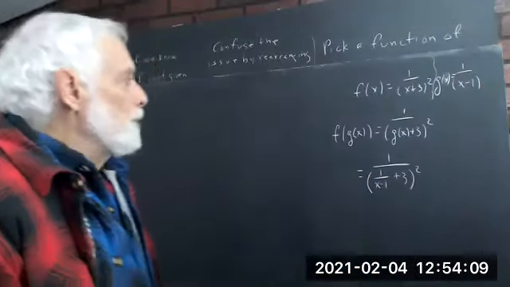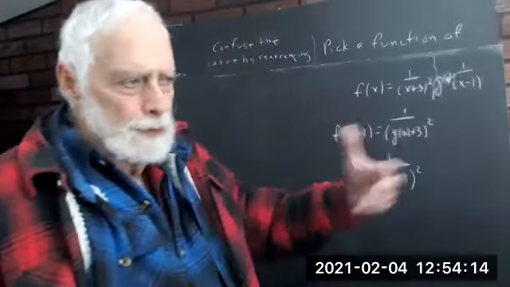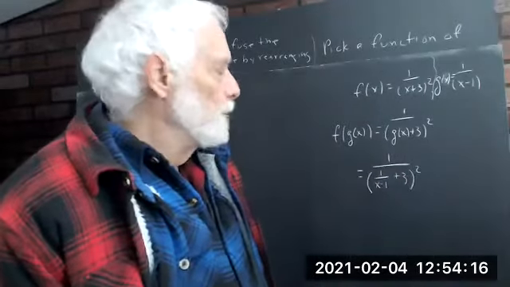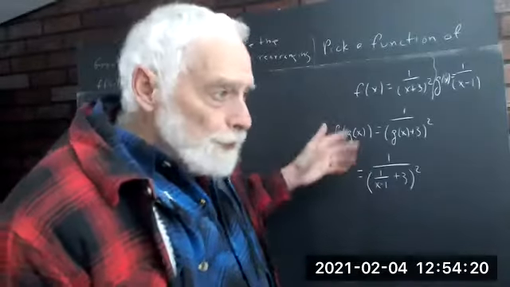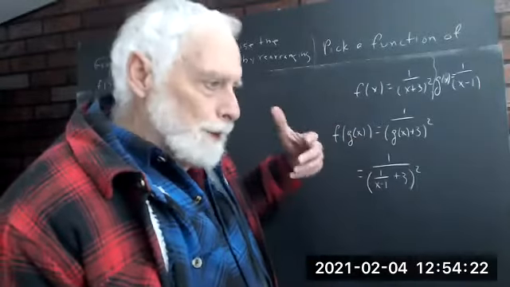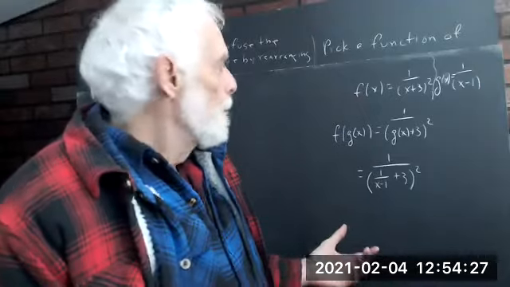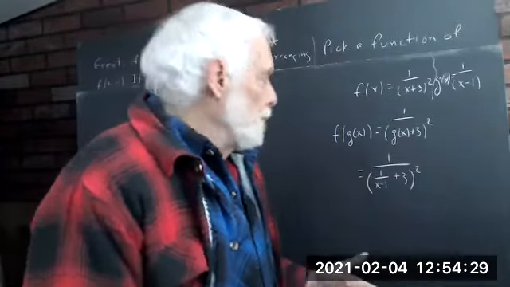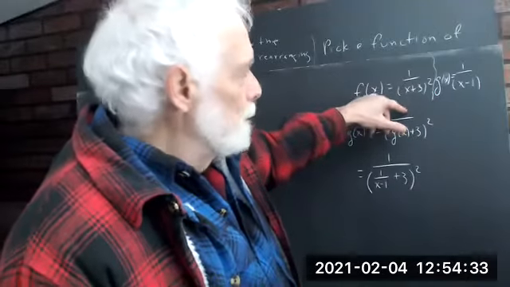So we're recording. Now we have seen that people are having some trouble with this section on composite functions. There are some tough questions in the section, but the basic process is something that we've been over a couple of times. So I'm going to go over it kind of quickly here, but you want to be sure you understand this. Okay, so if f of x is this function, 1 over the quantity x plus 3 squared,